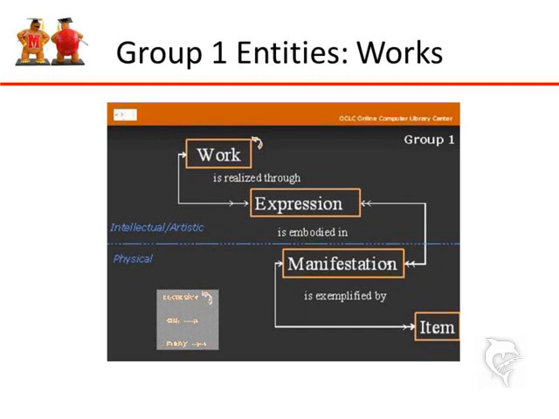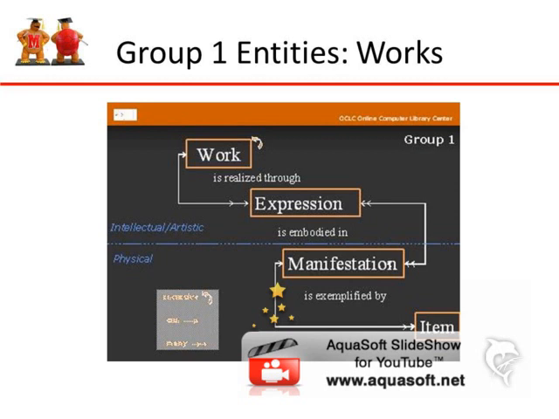So give yourself some time to think about that, and also to maybe think of some other examples of your own and see if you can map your own examples to the work, expression, manifestation, item. I think the more practice you get doing that, the more comfortable these concepts can get. And there's going to be a discussion thread in the message boards that you can contribute to. The only one that you're required to contribute to for this session is the one with the authority control. But this can be a fun one to talk about, so I hope that you will go to the message boards and come up with your own sort of hierarchies that take us from work all the way down to item.